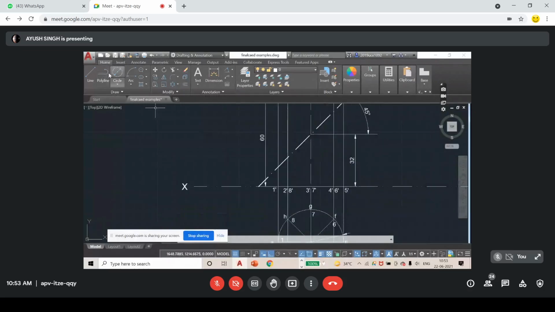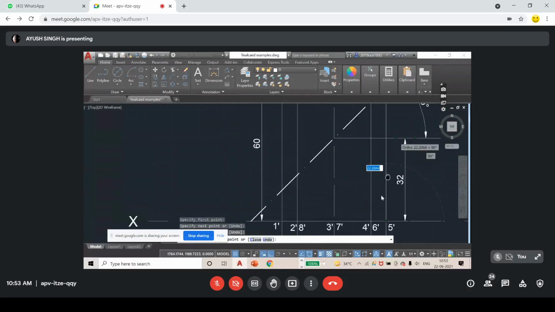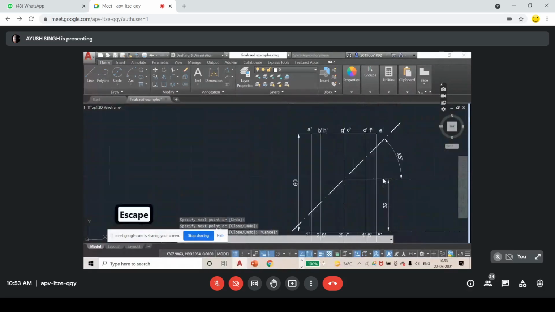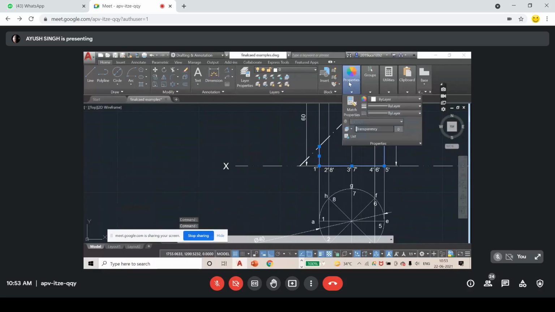What is actually left is the cylinder part, which I am highlighting. This, and this. You also have to highlight it, I mean, increase the line weight. I'm using highlight for increasing the line weight.